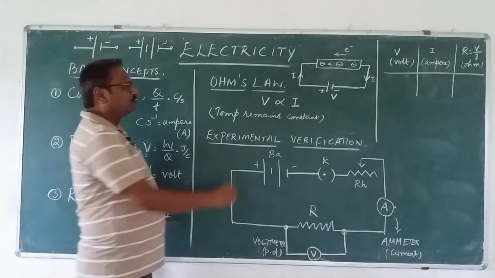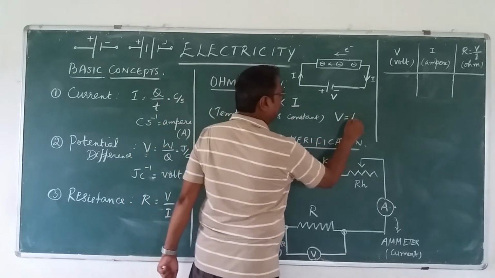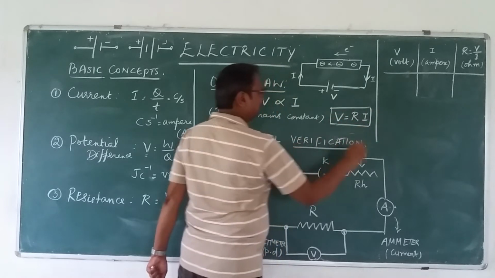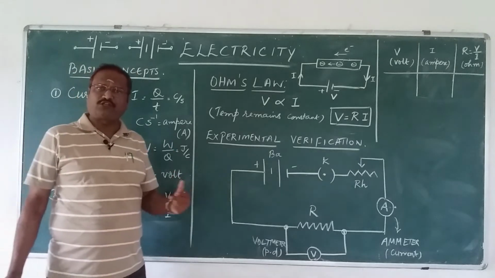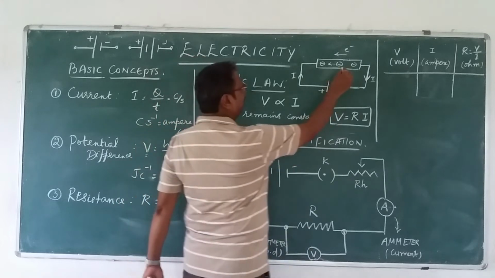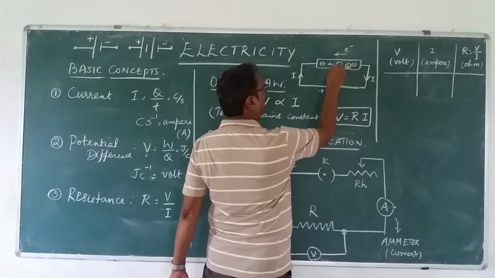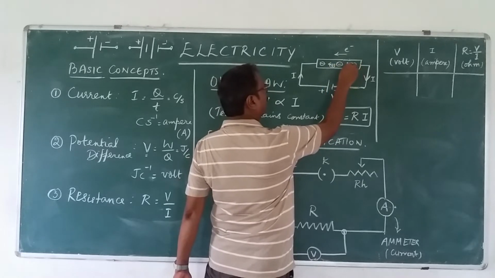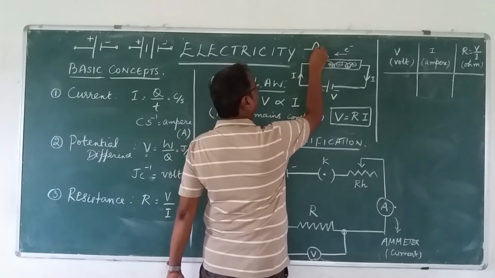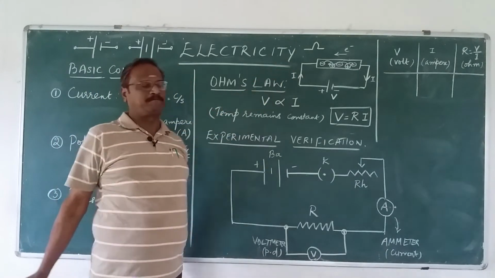We said that V is equal to a constant, and that constant is called R, which is resistance. Now what is resistance? Resistance is obstruction to current flow, or opposition offered to the current flow. As we studied earlier, the electrons are not free to move, they are bound by the positive nucleus, so the electron has to bounce on it, and it is like a speed breaker on the road. That's why the symbol of the unit Ohm is just like a speed breaker.